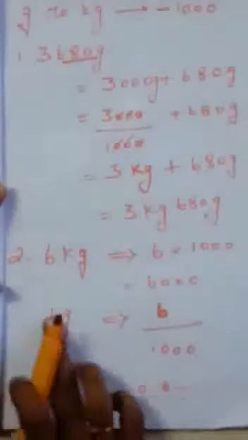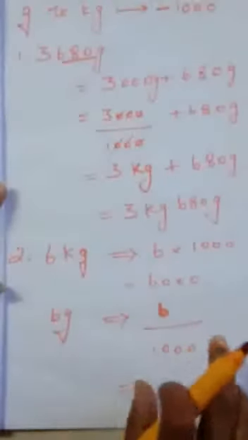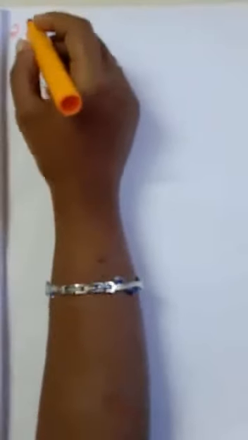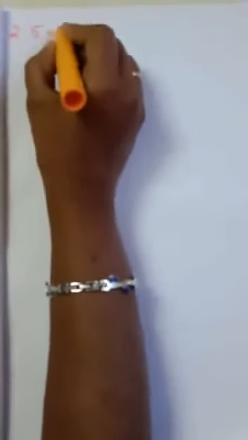Shall we solve? And the shortcut has also been given again for your clarity. I have solved it here. Shall we go with the next sum? Now the next sum. 5,000 gram is given. You have to convert this into what? Kilogram, right? So for that, what do you have to do? You have to divide this by 1000. Very good. When you divide this, the zeros will get cancelled.